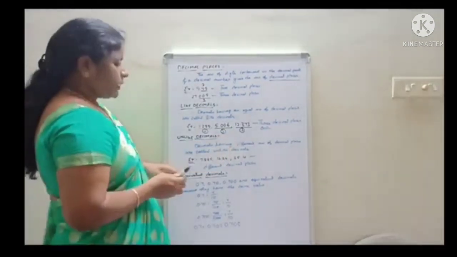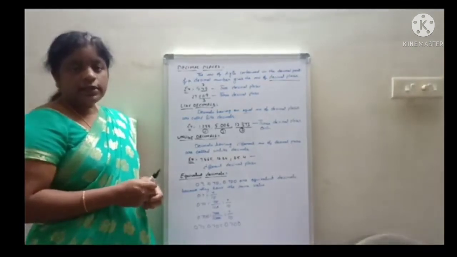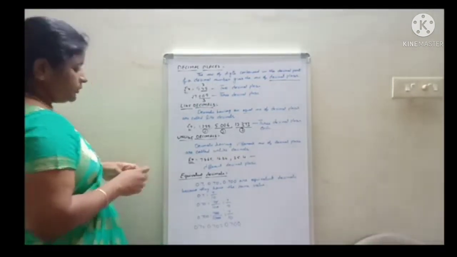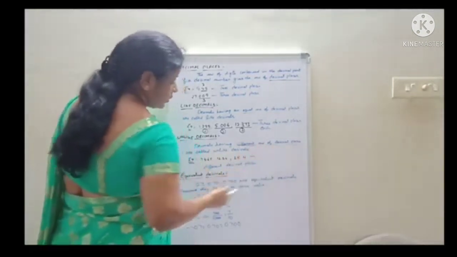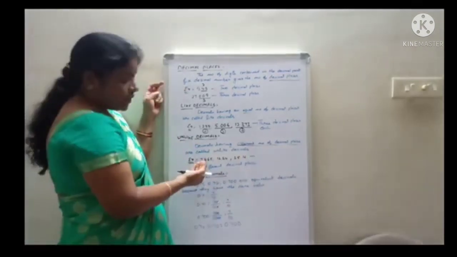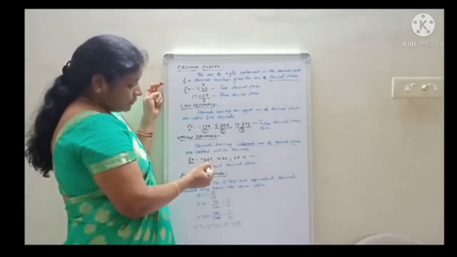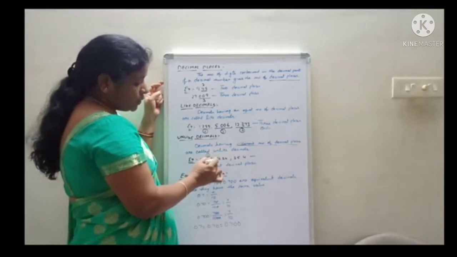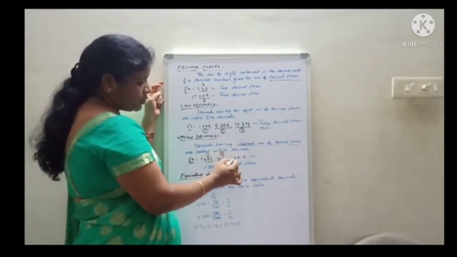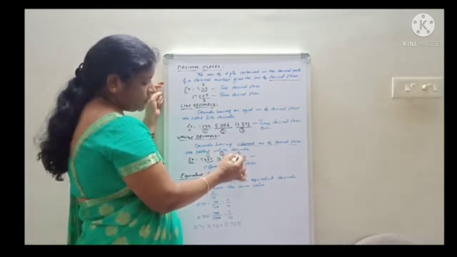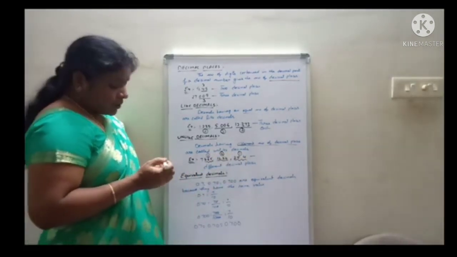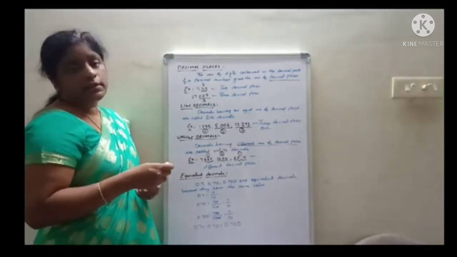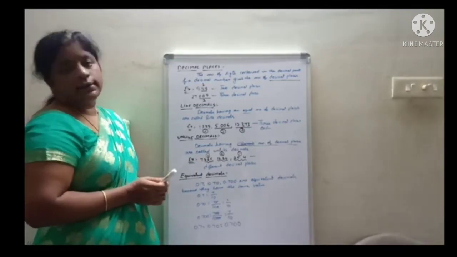Next, unlike decimals. Decimals having different numbers of decimal places are called unlike decimals. So see here, 7.865. In this, after the decimal point we have 3 decimal places. 12.24, here we have 2 decimal places. 25.4, here we have 1 decimal place. So these 3 decimal numbers have 3 different numbers of decimal places, so these all are said to be unlike decimals.